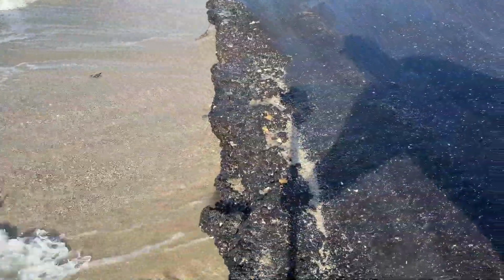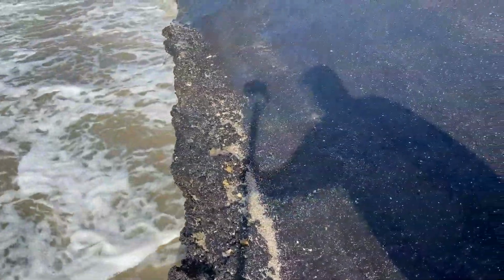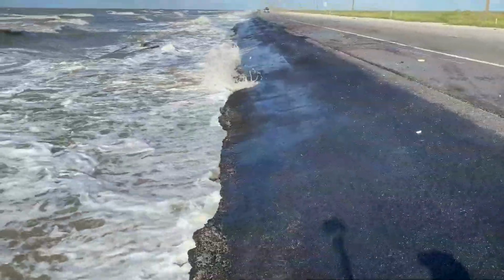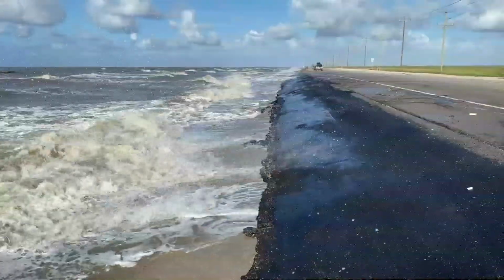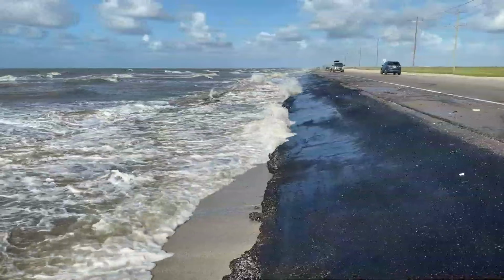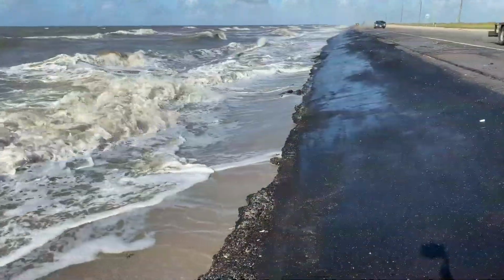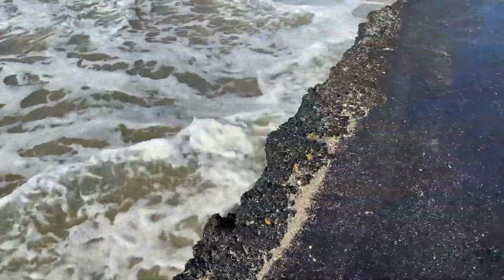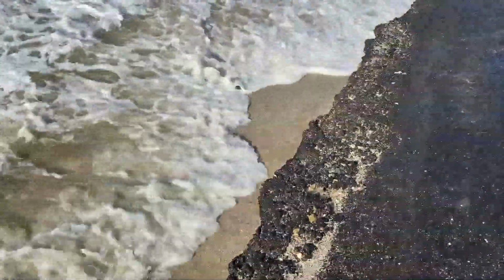Well, what are you going to do when this washes out this year, when we have a tropical disturbance or a tropical storm or a hurricane? Because this is their fix, and we're not even a month into it, and it's already breaking up and falling apart. And this is just a high tide. This isn't a storm. This is a full moon with some wind. And so you can see there how the water's washing up underneath it. You can see how some of it's already broke off